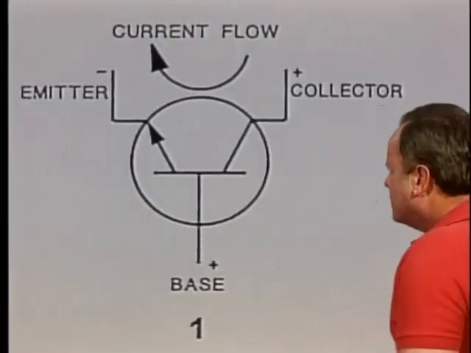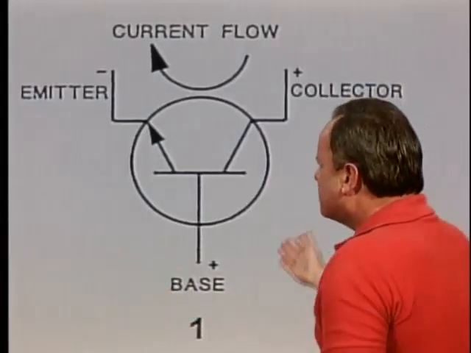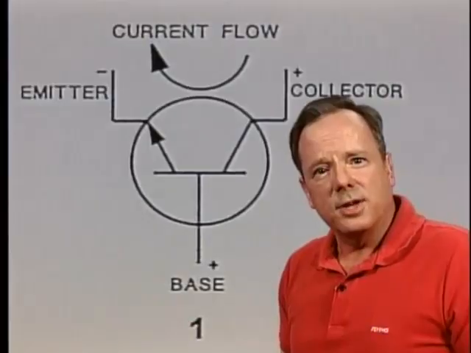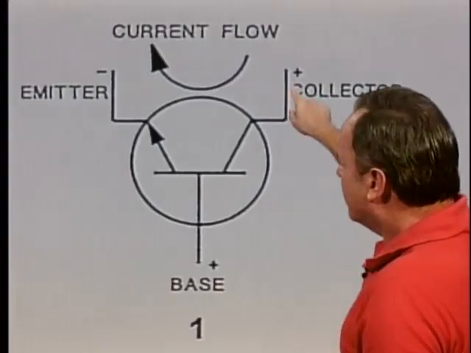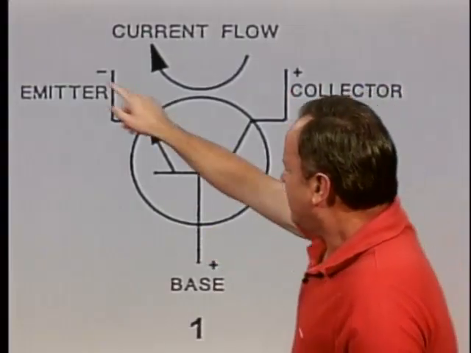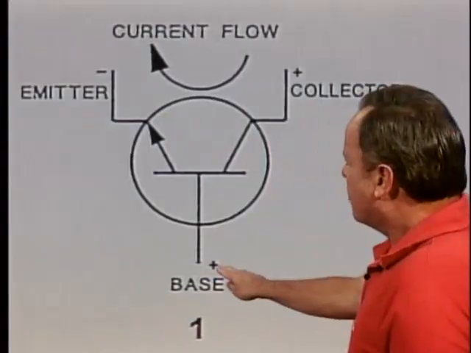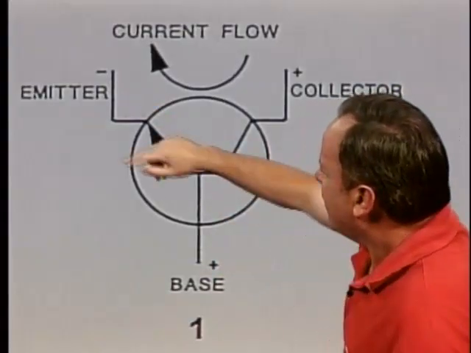And figure 22 is the symbol you would use in a schematic drawing for a transistor. Here we have a collector over here, and we have a base, and we have the emitter. Now notice the base is more positive than the emitter, and that's what you have to have in order for